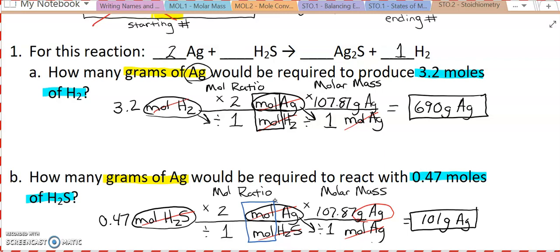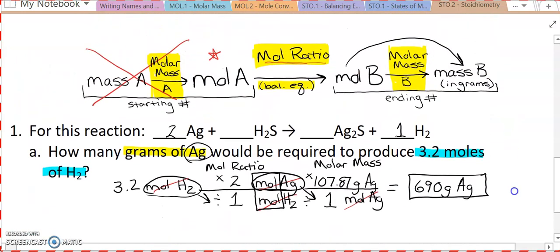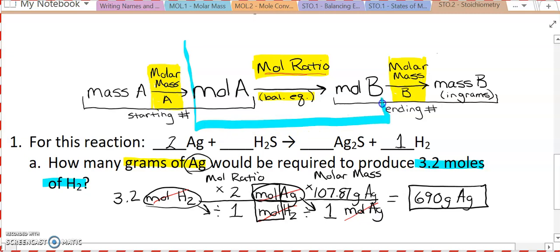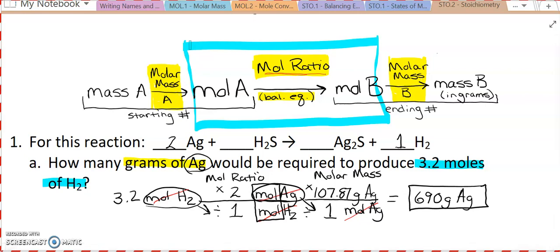So when I take a look at a problem from now on, I understand that that mole ratio gets me from moles of anything to moles of anything else in the balanced equation. But I sometimes start with mass, and I sometimes end with mass, so I'm going to have to pay very close attention. If I start with mass, I need to use molar mass to get to moles before I can do the stoichiometry using that balanced equation. And if I end with mass, then I need to use the molar mass of that substance. Practice some of these problems and have yourself